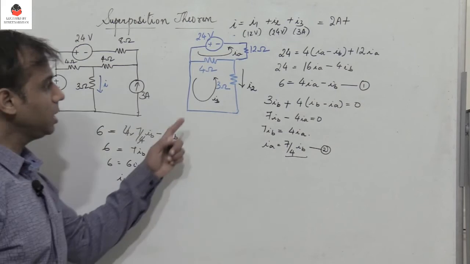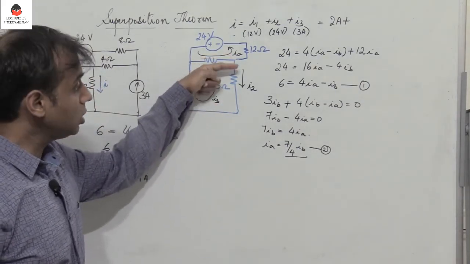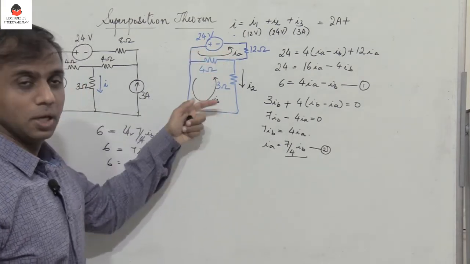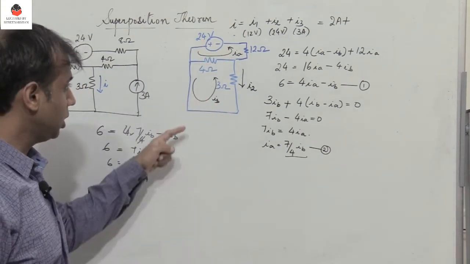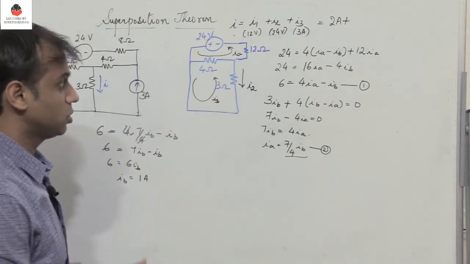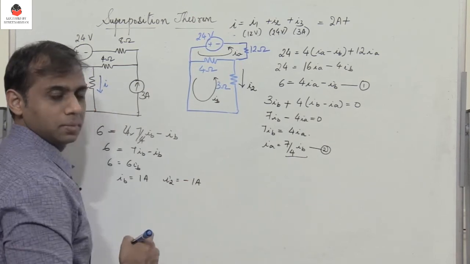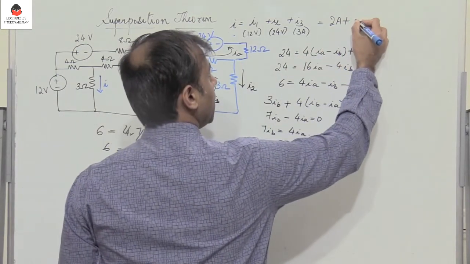So observe that IB is the current flowing from the bottom to the top, whereas I2 is the current flowing from top to bottom. So these two currents are in opposition. So if IB is 1 ampere, I2 will be minus 1. So therefore I2 equals minus 1 ampere. So this is going to be minus 1